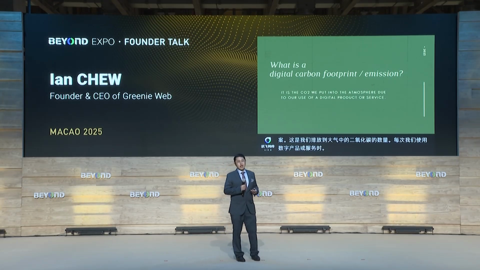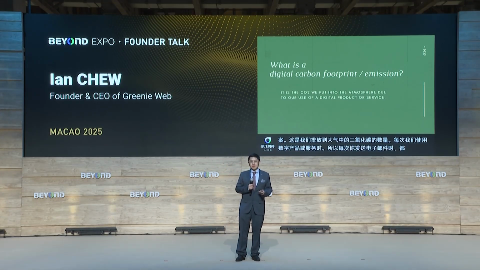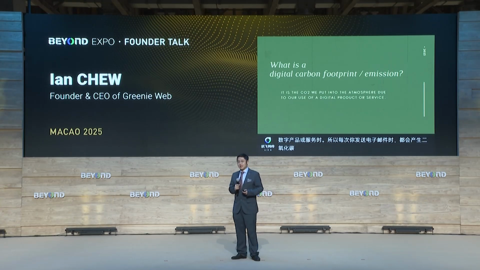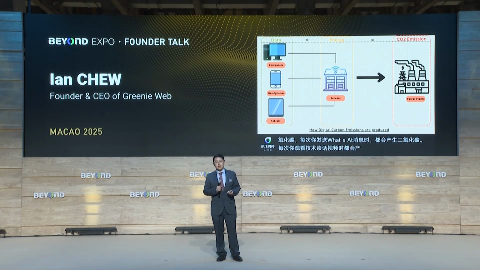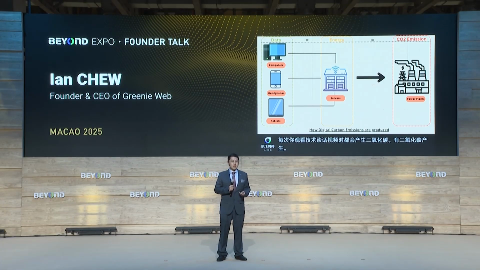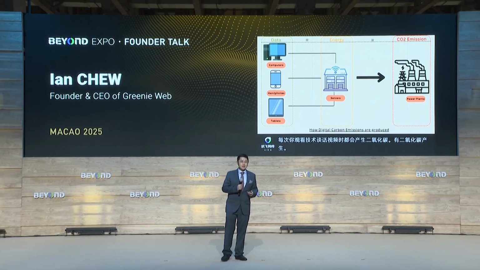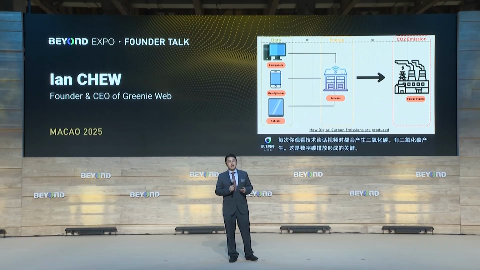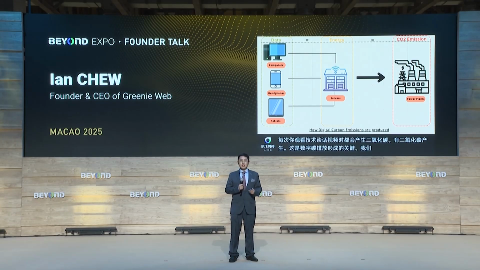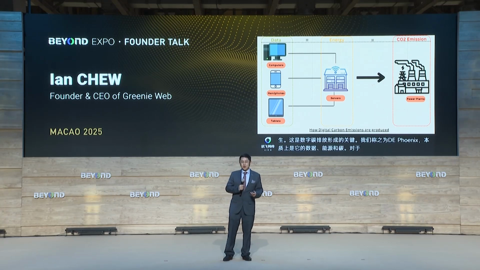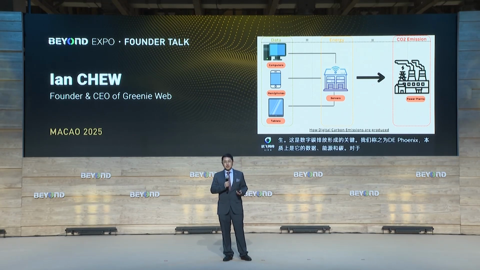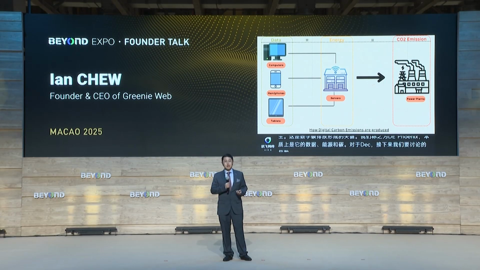Each time you send a WhatsApp message, there is CO2 produced. Each time you watch a TikTok video, there is CO2 produced. And this is really the backbone of how digital carbon emissions are formed. We call this the DEC nexus. Essentially, it's data, energy, and carbon. And for the DEC nexus, what we talk about is how data eventually leads to energy consumption, and by extension, eventually leads to carbon emission.